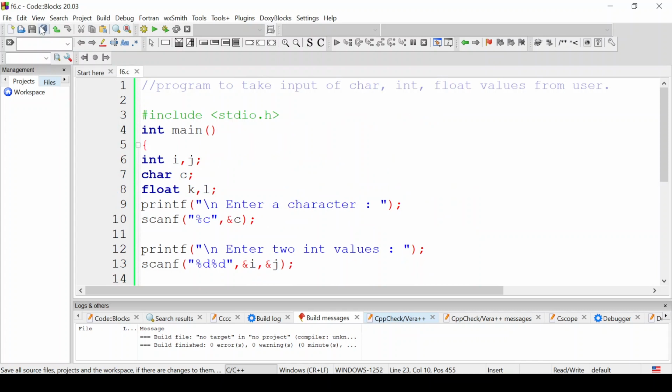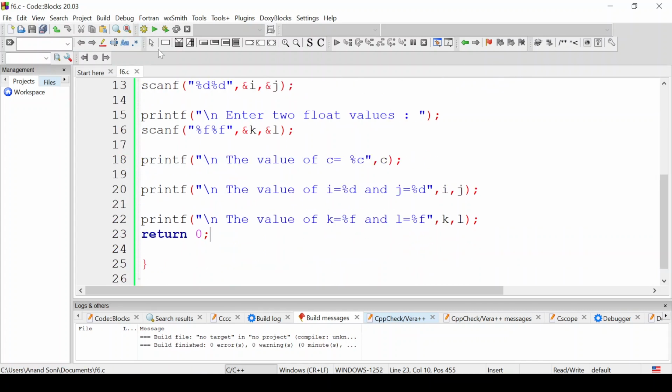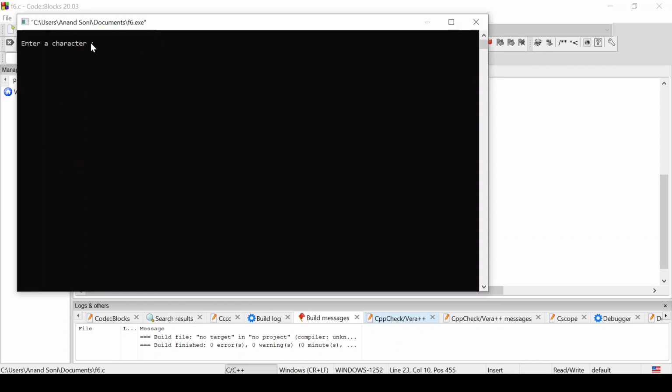Now build it. Not showing any error. Run. Enter a character. I'm giving A. Enter two integer values. I'm giving 4. Other integer value is 9. Enter two float values. I'm giving 4.9 and another float value is